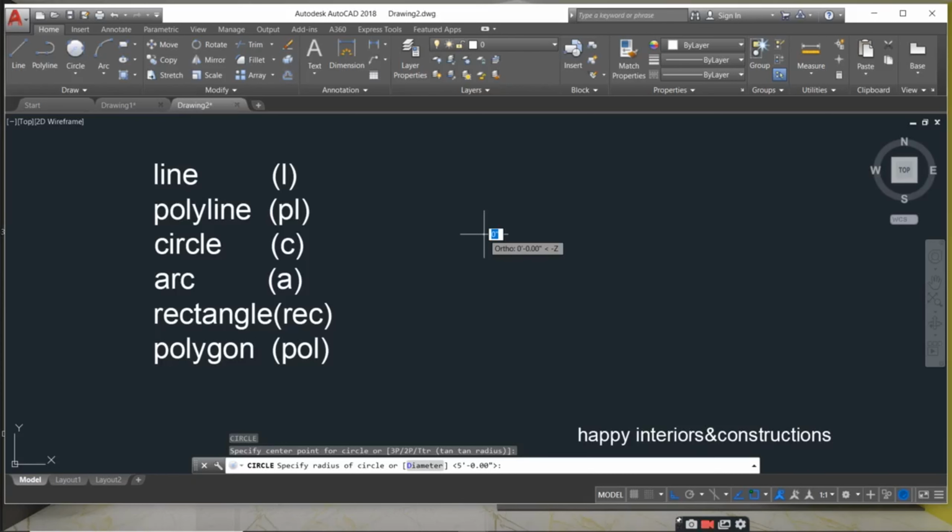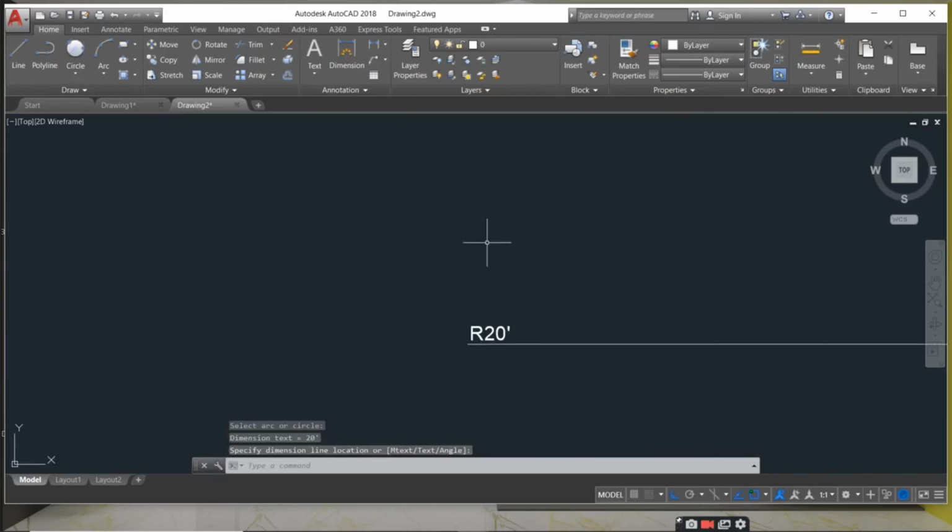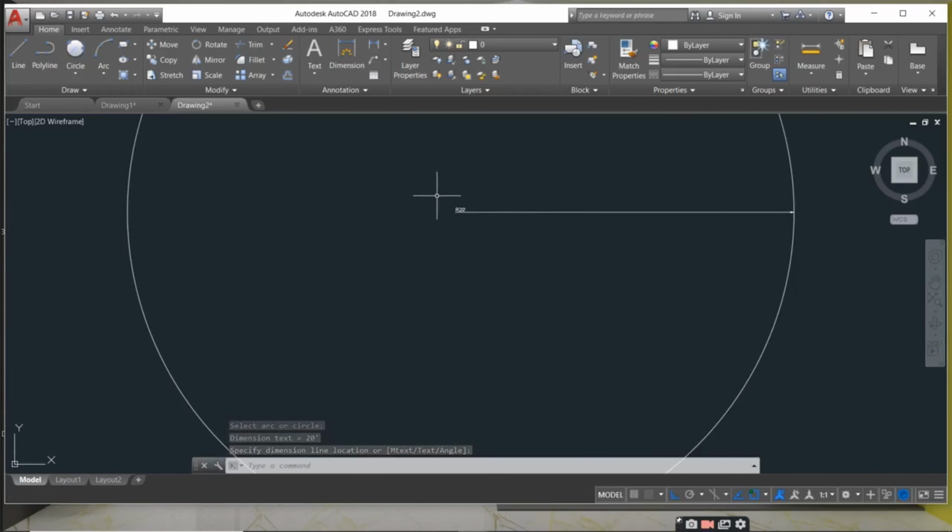Now just check the dimension. You can go here and select this one, or else you can enter DRA, which is the dim radius shortcut. Select your circle. See, it is showing 20 feet. Now delete this one.